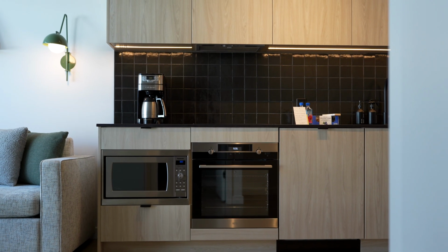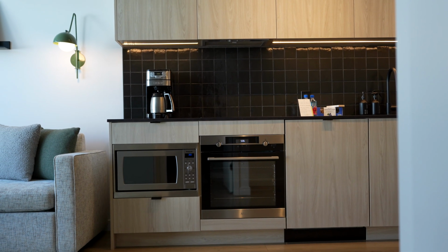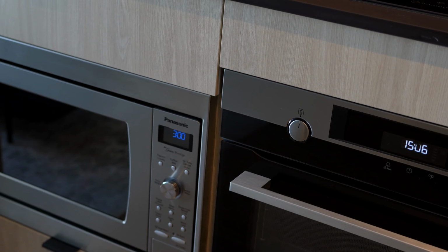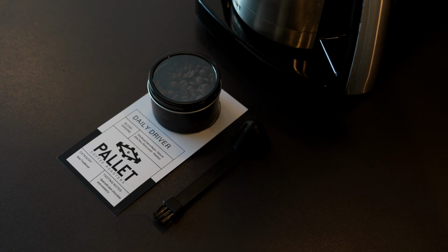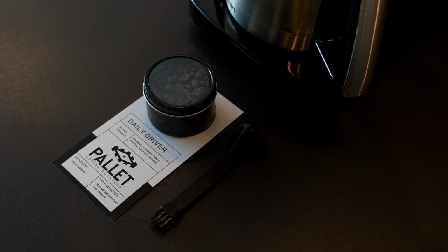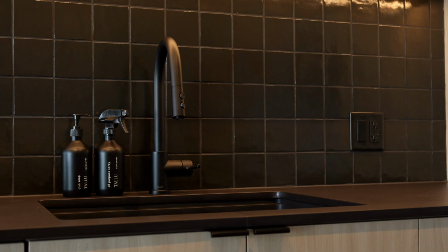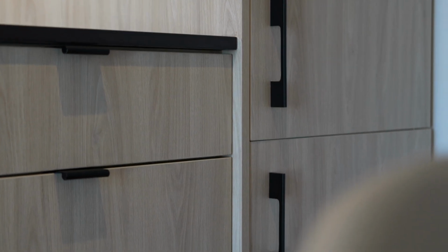As you guys can see behind me, we'll start here. This is a full kitchen. They have a wide assortment of all different types of appliances. You have a microwave, an oven, a stove. It even came with coffee from a local brewery that they have a collaboration with. And then behind me, they left us some treats, which was really nice of them. Obviously a fully functioning sink, and then they have a really nice fridge, freezer, and just a ton of cabinetry